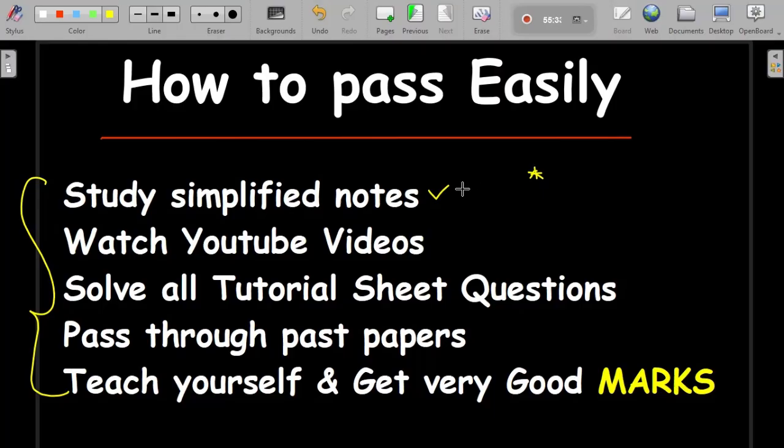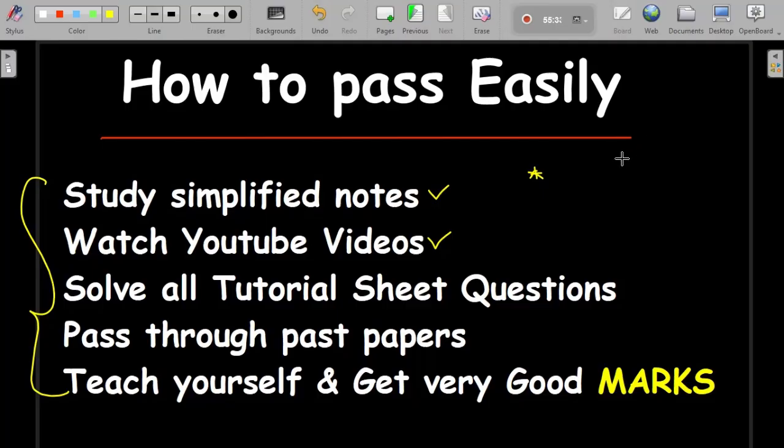The second thing that you have to do is watch YouTube videos. YouTube on its own is a university. It has a lot of videos on all the concepts that you will learn in your first year. Whatever concept you can think of, there's a video on YouTube. It's free. The same way you use TikTok and go to Facebook every day to have fun, go on YouTube again to have fun with your academics. Search for whatever you want, it will come.